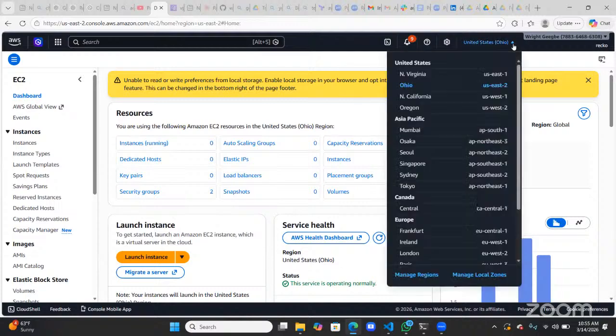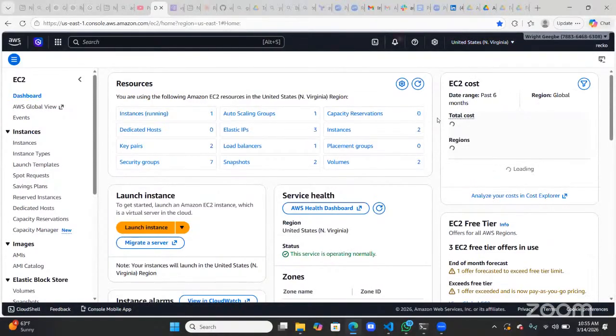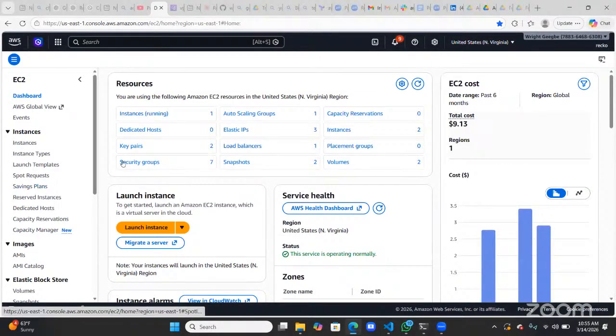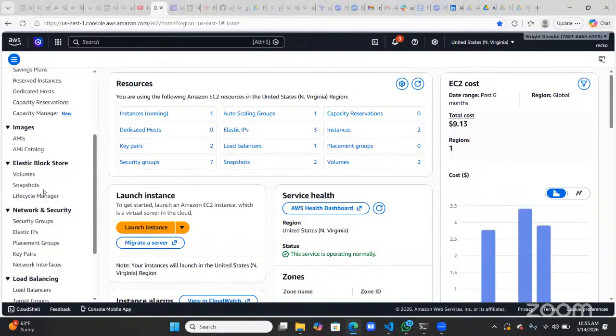Here we go. Scroll down here, not on the screen itself. Scroll down.